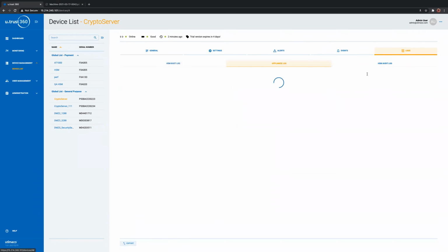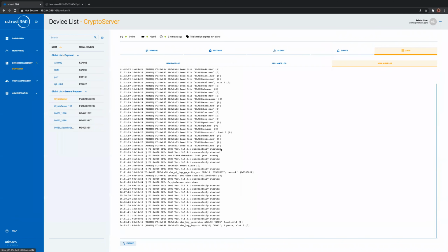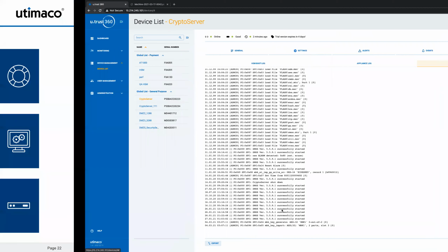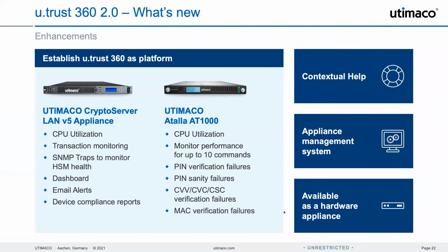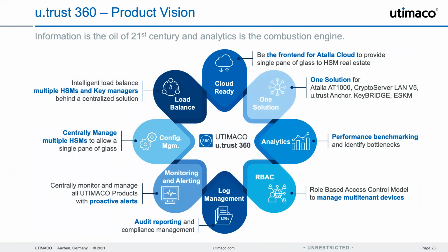I'm talking about the appliance logs as well as the audit logs when different things are happening on the HSM, done by different admins. So that was all about the UI, or the different things that you can and cannot do on the utrust 360 appliance or utrust 360 application for that matter. Going back to the presentation, I would like to talk quickly about the vision,